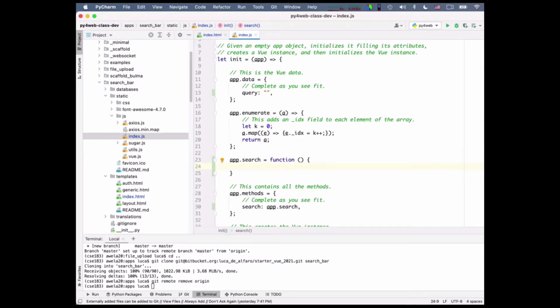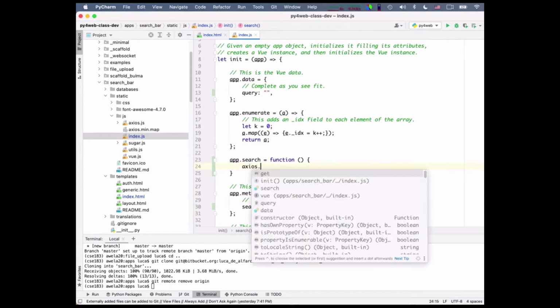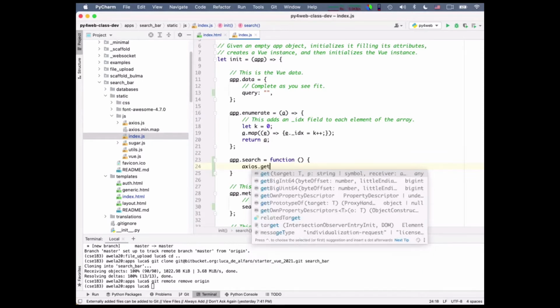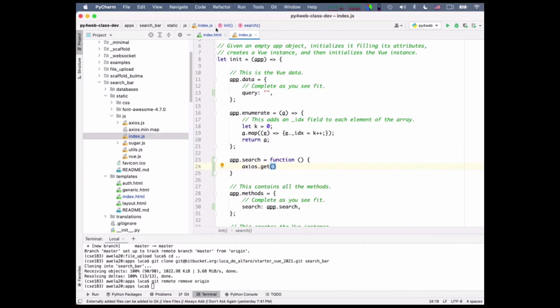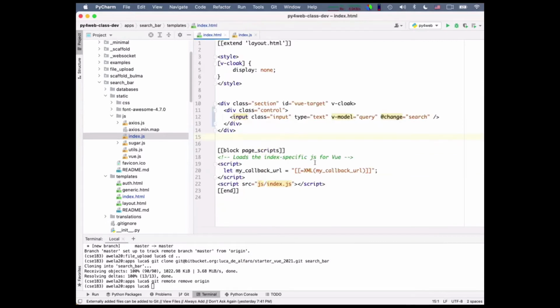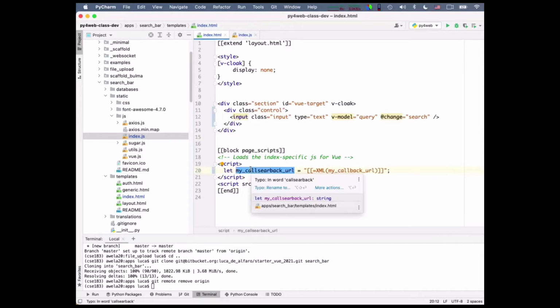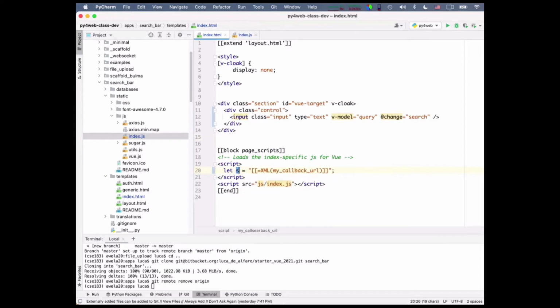It sends a query to the server, right? And so it does something like this: axios.post, no, .get, which one? Axios.get of, yes, I forgot something I knew, of, wake up, okay, search URL. I want this to be called search URL, my callback URL.